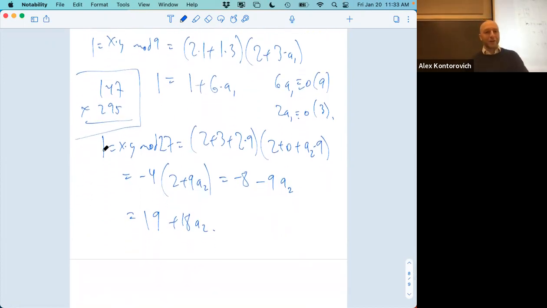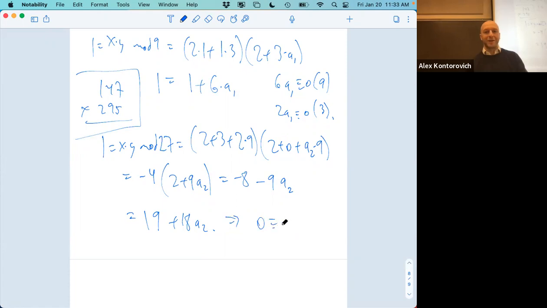The point is, look, there's a 1 here and a 19 here. So I'm going to subtract. This thing, whatever it is, has to be 1 mod 3, because that's how we found A0 and A1. And it has to be 1 mod 9. So the only thing I'm worried about is that I should be able to divide both sides of this by 9 in a second. And indeed, when I subtract 1 from both sides, I get that 0.